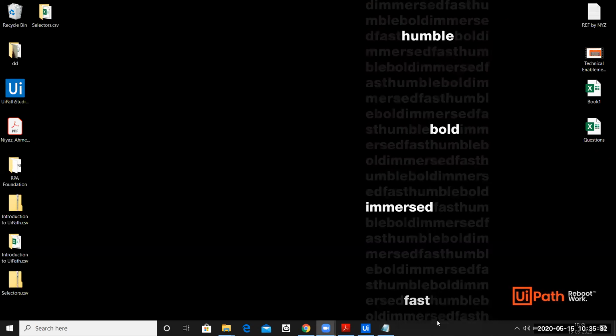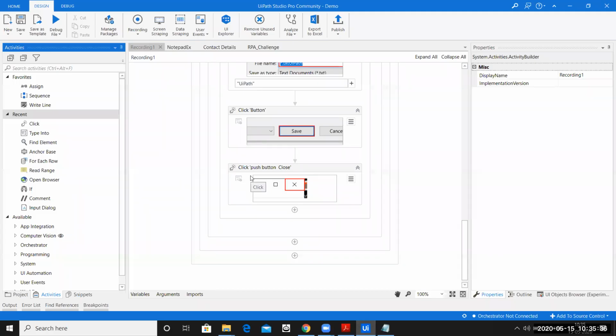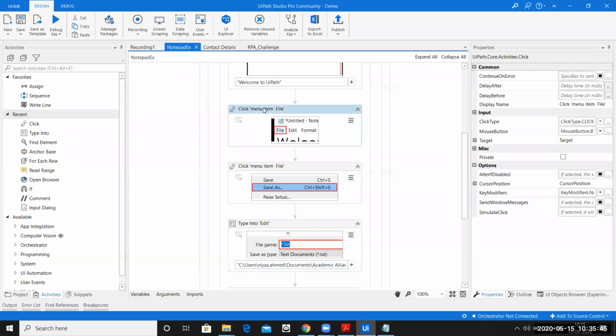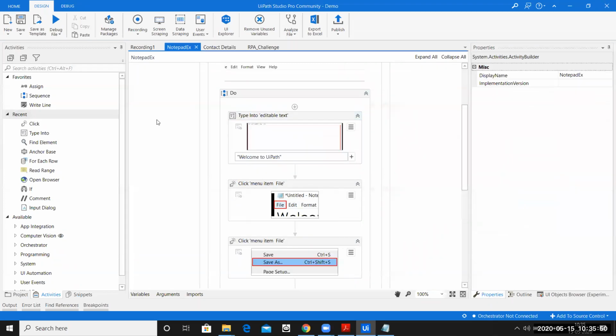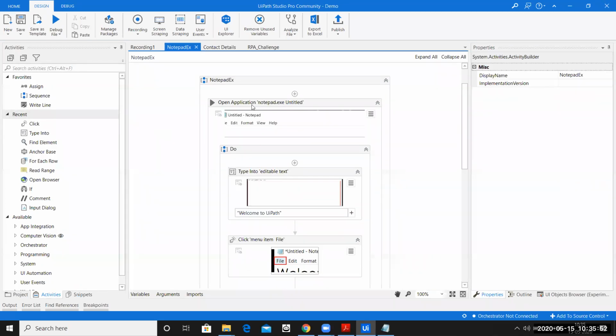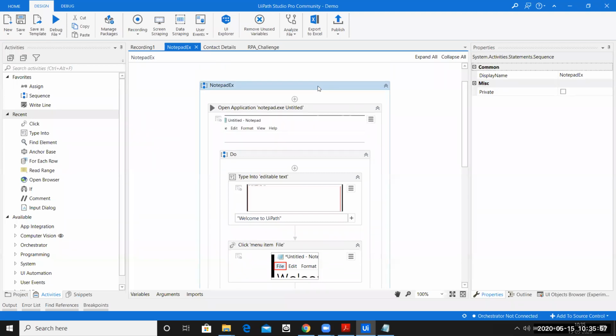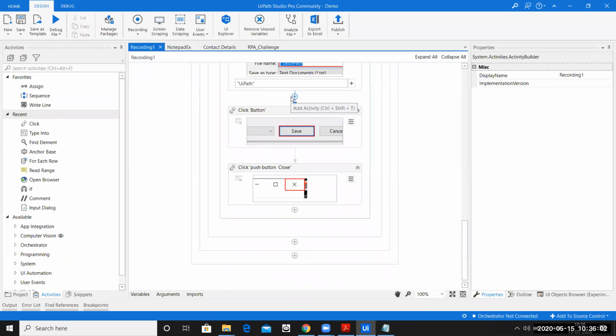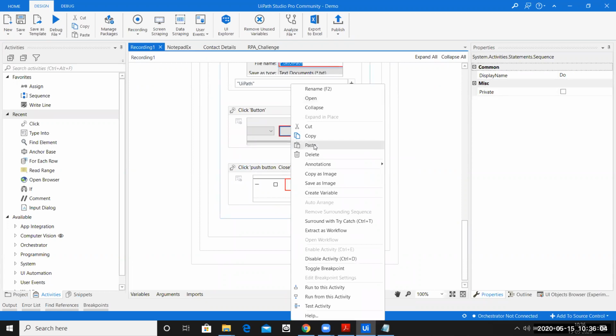Let's say, for example, I want to make a copy of the sequence. Is there any option inside UiPath to make a copy of the current sequence? Okay. So you want to copy some of the activities from here to the other file? No, maybe I just want to copy the whole thing so that I can have the original and then modify. How do I do that? So you just click on the entire Notepad sequence, just copy it from here, and then when you come here, you can directly right click and paste it over here.